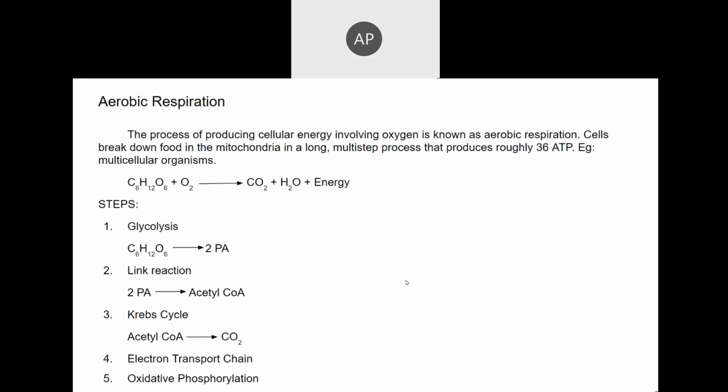Now, aerobic respiration. First thing I have mentioned is that it involves oxygen. Second thing is that it occurs in multicellular organisms, that is eukaryotic organisms, multicellular. Two points. Before that, this question is very important, and you may expect it for your exams: differences between aerobic respiration and anaerobic respiration, point-wise.